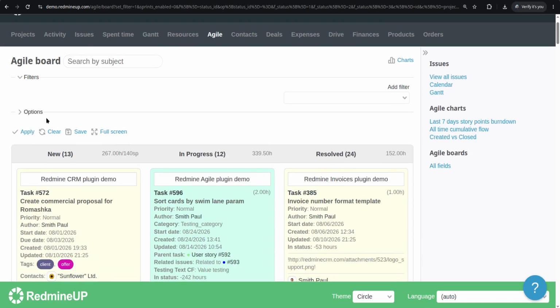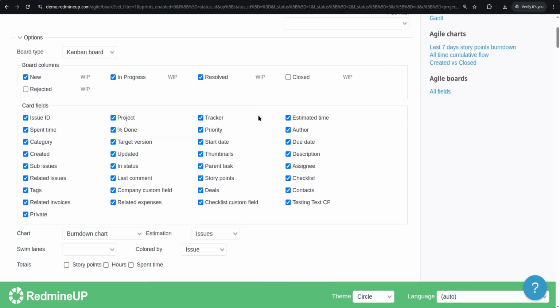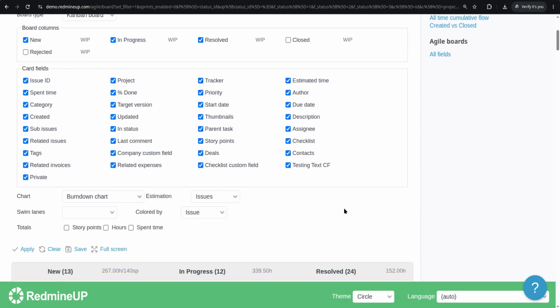Okay, so I'm happy to say that I'm over with showing you all the Agile cards and all these functionality. So I think that we have covered everything in relation to this topic. So we have enabled all the available options. And yeah, by the way, I just want to show you one last thing. So it is also very convenient and useful for you. So you can